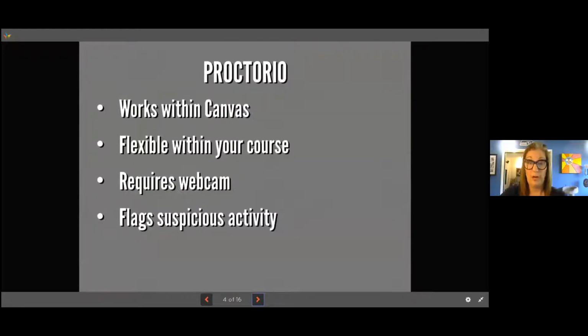So Proctorio works within Canvas. It is flexible within your course. It requires a webcam, and it flags suspicious activity. That's why you would use an environment check in order to look for suspicious activity. Proctorio is an add-on in Canvas that you add to your navigation bar. I'm going to show you how to do that closer to the end of the presentation,